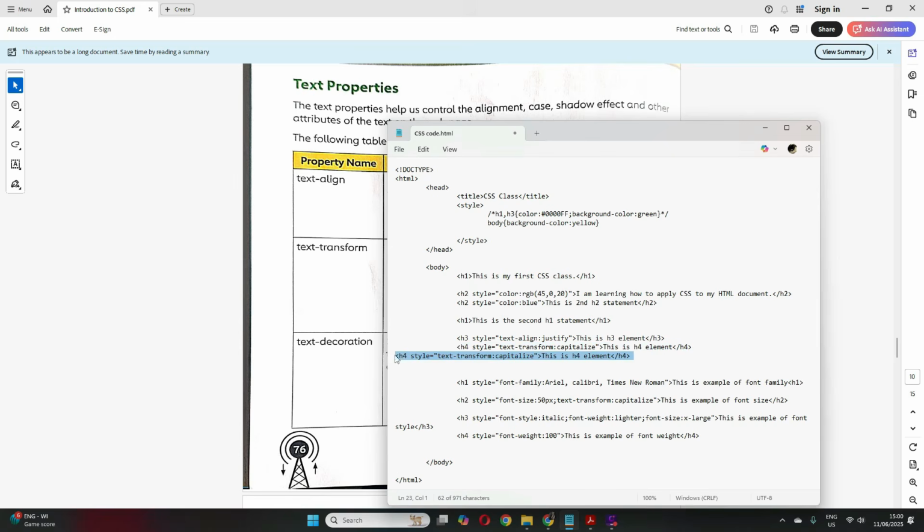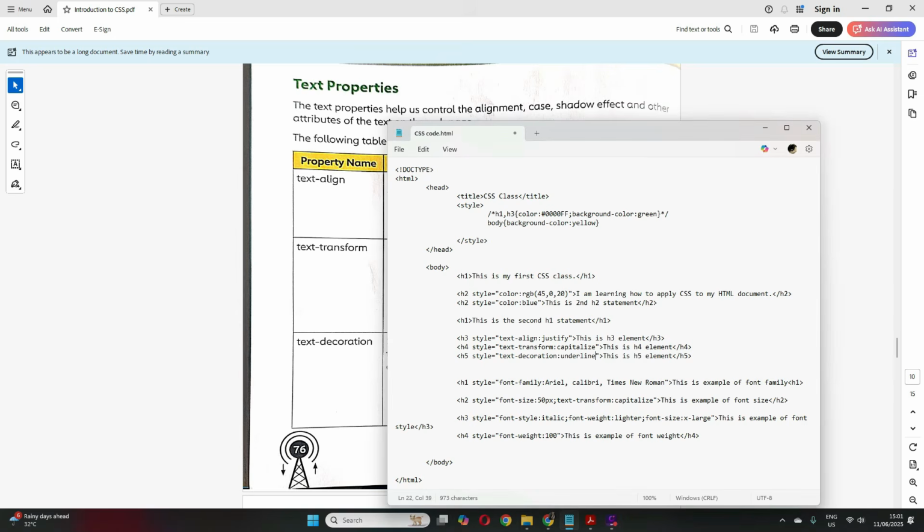Now I'll make it H5 just so that we are clear. Here, instead of text-transform, I am using text-decoration, and I want it to be maybe underline.